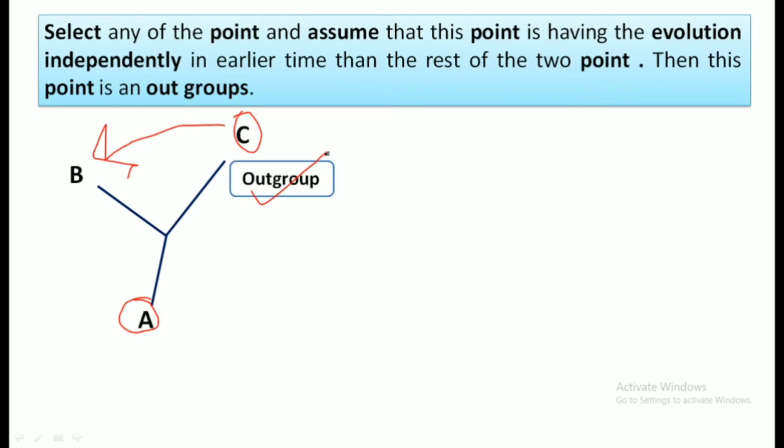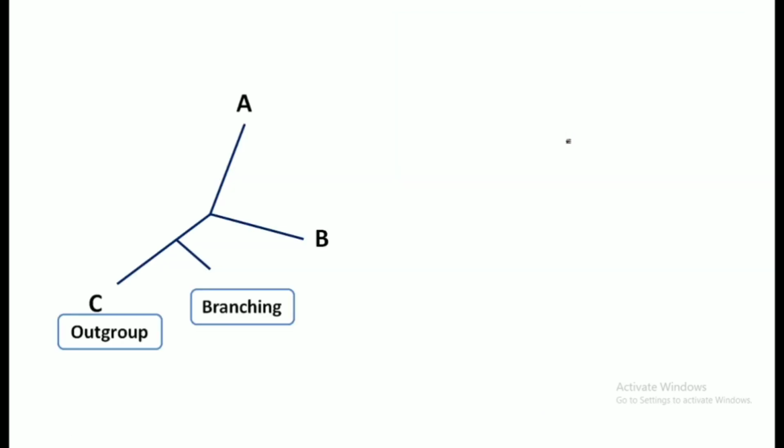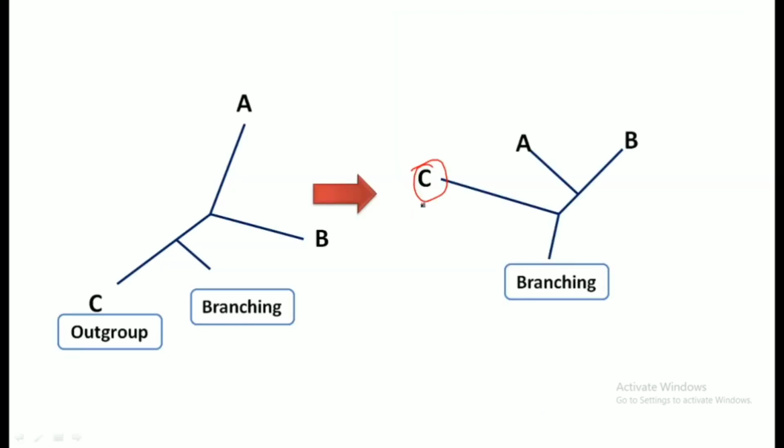So for prediction, or for constructing the ancestry, to find the ancestry, we rotate the C here, and let's assume here a branching is taking place. Okay, during the earlier time, branching is taking place from this outgroup. So now C comes earlier during the evolutionary period. So what you can see, the outgroup C here, and from this outgroup the branching takes place,